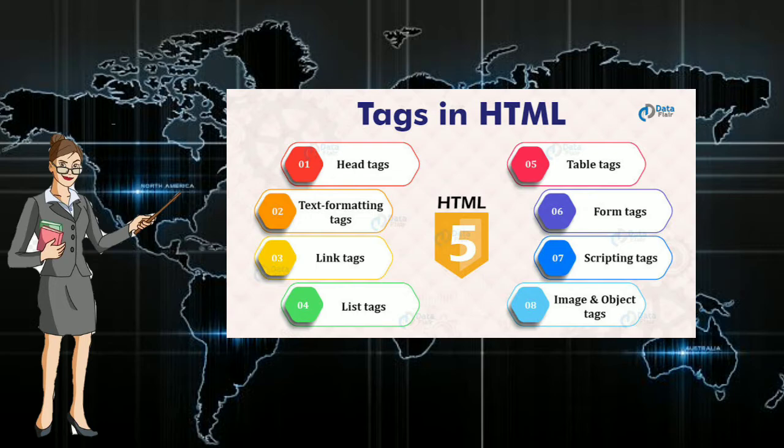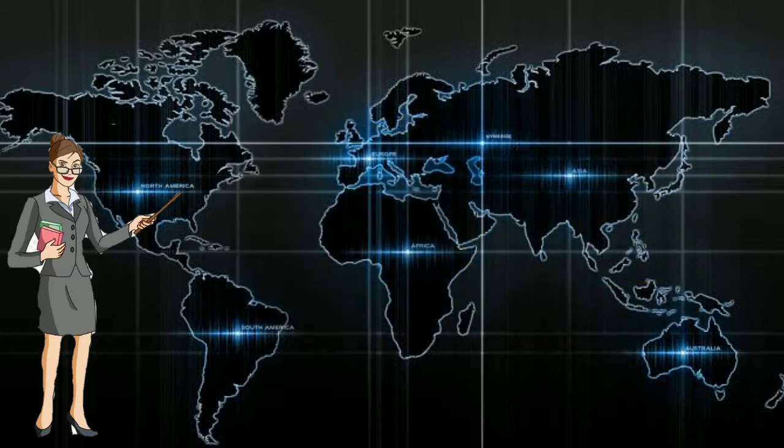These tags are written within these angle brackets. These tags indicate the structure, format, and the content of the web page. When you create any HTML document, you always start with the HTML tag and end with the HTML tag. Remember, use / in the closing tag. Okay students, hope you have understood what are tags.